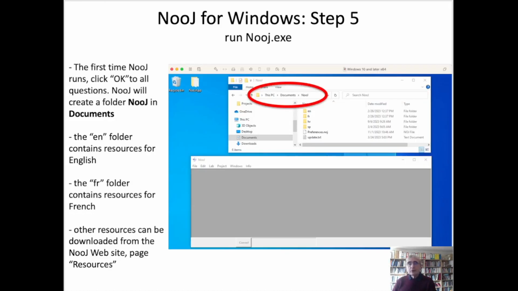The first time you run NooJ, it's going to ask you a few questions. Just answer yes or OK to all these questions, and then it will launch the software. It will run the software, which is here as an empty window. At the same time that it installs itself, it will create a NooJ folder in your documents. Inside this NooJ folder, it will create a subfolder, EN for English resources, FR for French resources, and you can